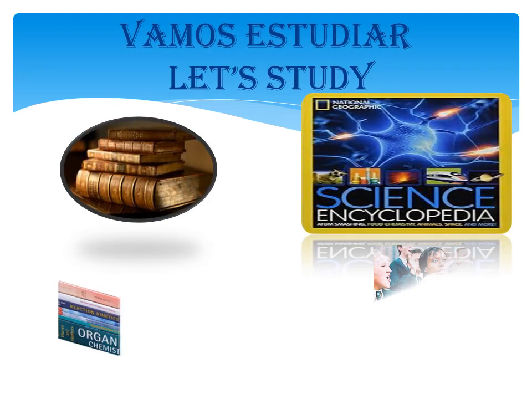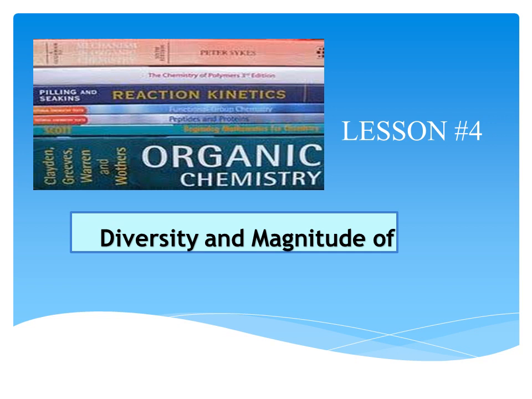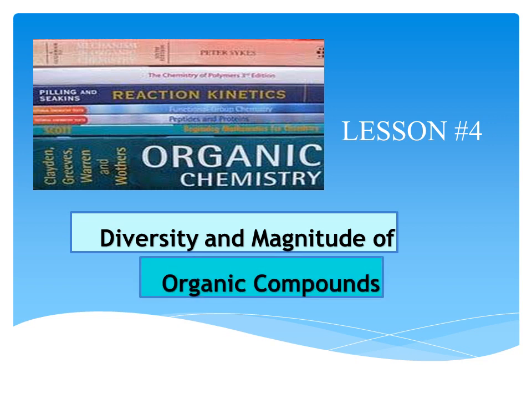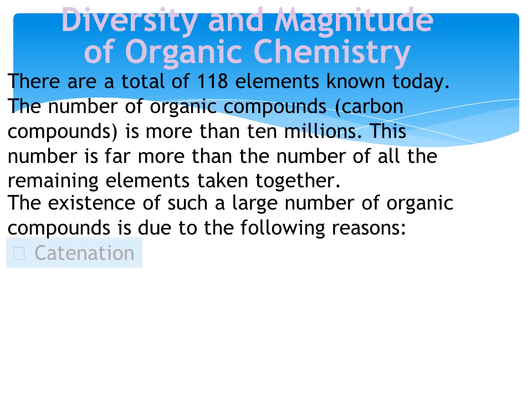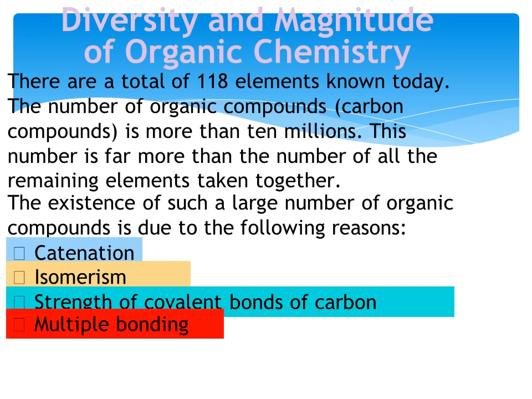Today, the topic of our discussion is all about diversity and magnitude of organic compounds. As we go through the topic of organic chemistry, we have to focus on why organic compounds are such a large amount in our society, and for this we come across four different types of categorization. Around 118 elements are known today, but the number of organic compounds is more than 10 million. This number is far more than the number of all the remaining elements taken together, and the basic reasons for the existence of such a large amount of organic compounds are